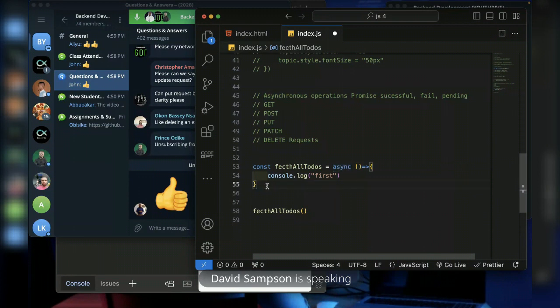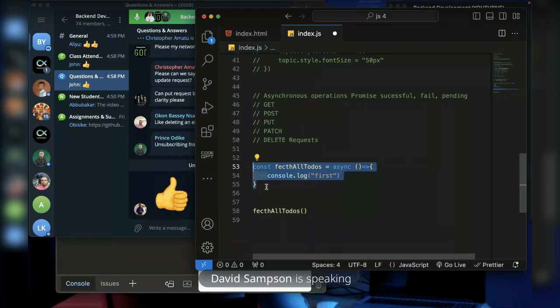Async means that this function will take a while to complete. It will not complete in the blink of an eye because it is making a request to an external server, and until that server is done, the response will not come back.